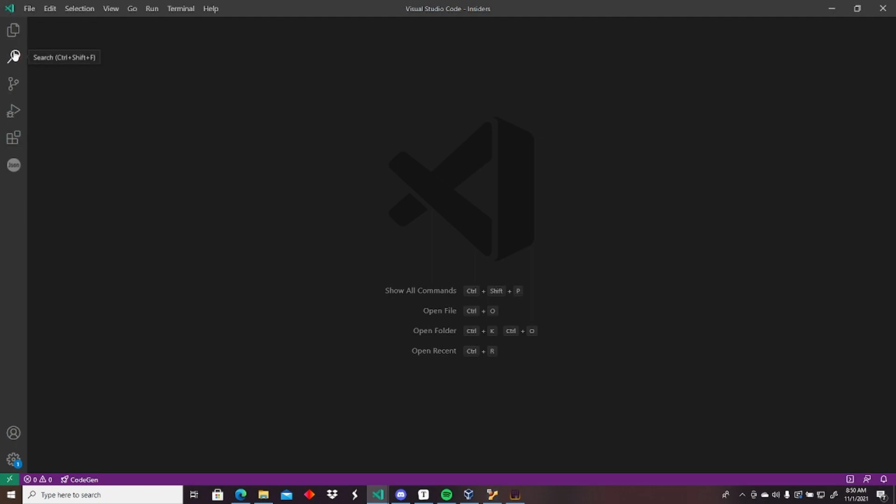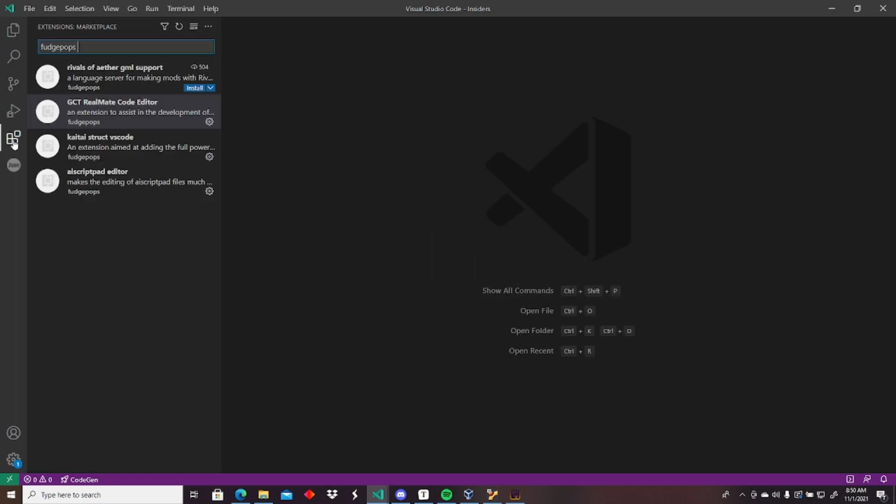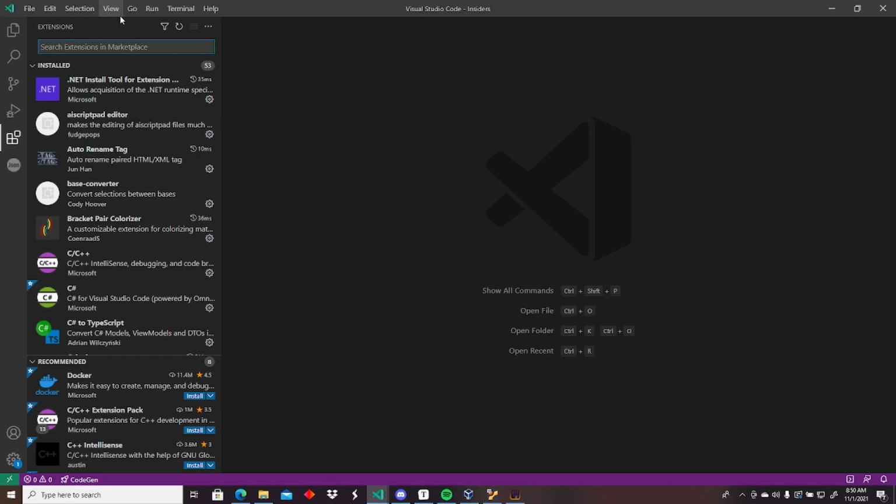We have Explorer, we have Search, we have Source Control, maybe. We have Run and Debug, maybe. And we have extensions. This thing is from another extension I have installed. Visual Studio Code is very powerful because users can create extensions for this. So we're going to go in here to extensions, ignore this for now, and we are going to search up